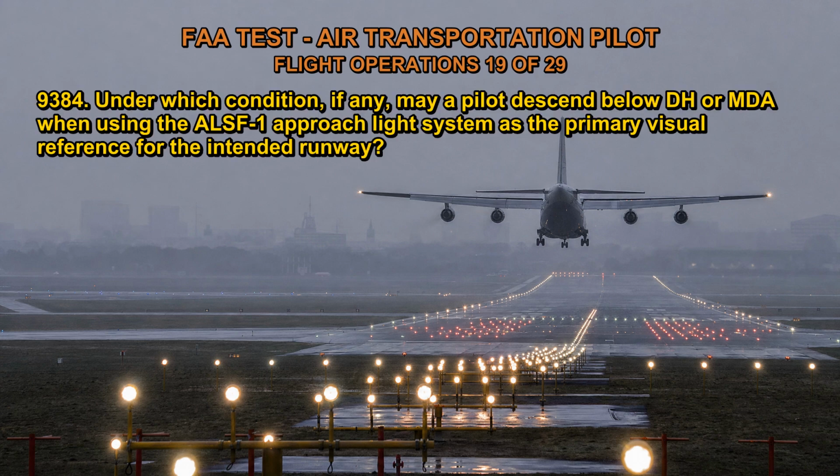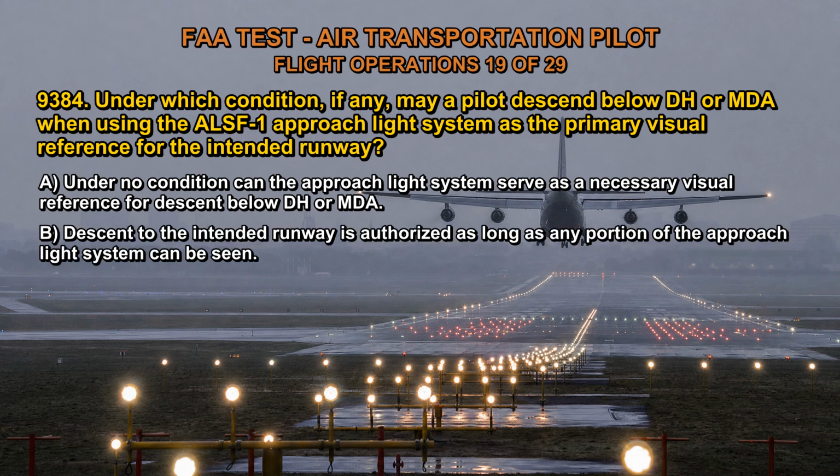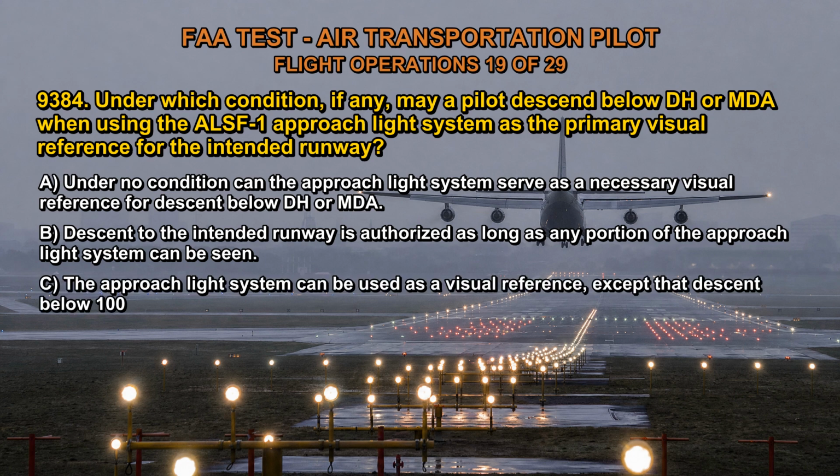9384. Under which condition, if any, may a pilot descend below DH or MDA when using the ALSF-1 approach light system as the primary visual reference for the intended runway? A. Under no condition can the approach light system serve as a necessary visual reference for descent below DH or MDA. B. Descent to the intended runway is authorized as long as any portion of the approach light system can be seen. C. The approach light system can be used as a visual reference, except that descent below 100